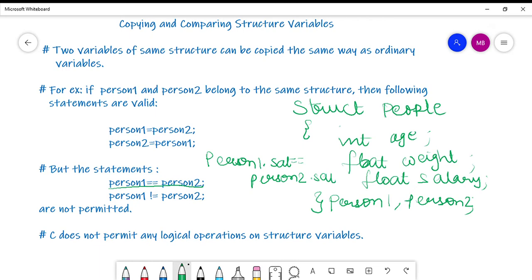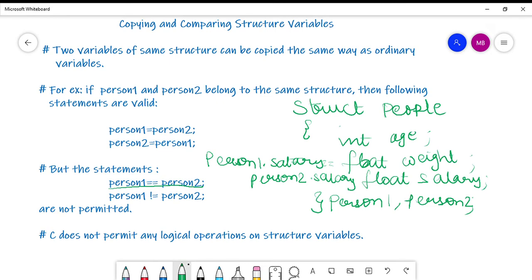This is how I will do the logical operations, whether it is a comparison operator. So this is how I will do the logical operations on structure variables, through the individual members and not directly through the structure variables.